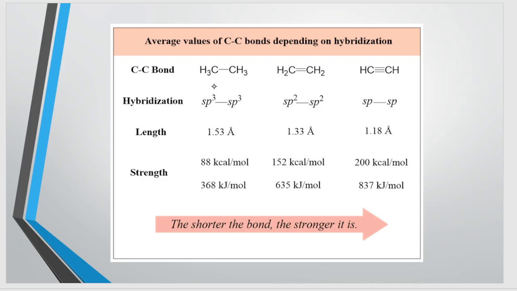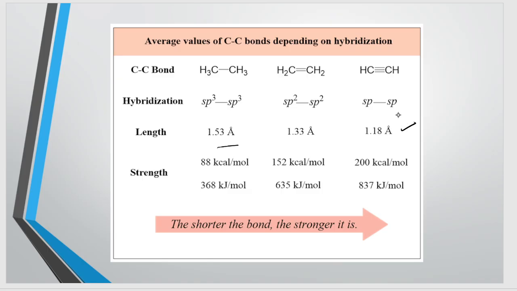Whenever there is an sp3 hybridized carbon atom with a single bond, its bond length is 1.53, and for an sp2 carbon atom with a double bond, the bond length is 1.33. If a triple bond is present, it is around 1.2 angstrom units. Here, this is the shorter bond and hence the strong bond. And 1.53 angstrom units is longer as well as weak when compared with the triple